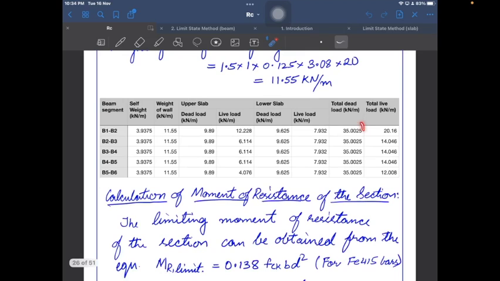And we have to add dead loads, this and this are dead loads which give this, and we have to add live loads, this and this, which give this. Similarly, we have to fill these columns, and note that unlike the slab, we should not add these two. There is a reason: there are different coefficients for dead loads and different coefficients for live loads, so we have to write them separately, but we have to write the total dead load in one place and total live load here in one place.